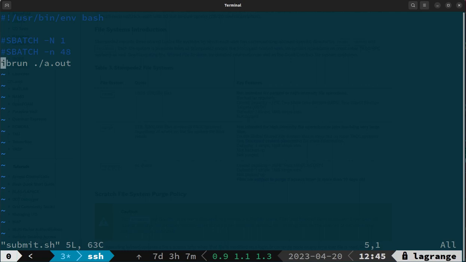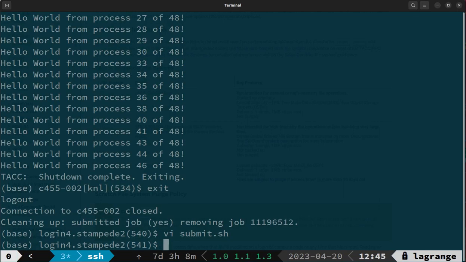It's just this time the command is ibrun, and since I did change the name, we can change this to hello, right? And so with that, what we're going to do is submit this to the queue,